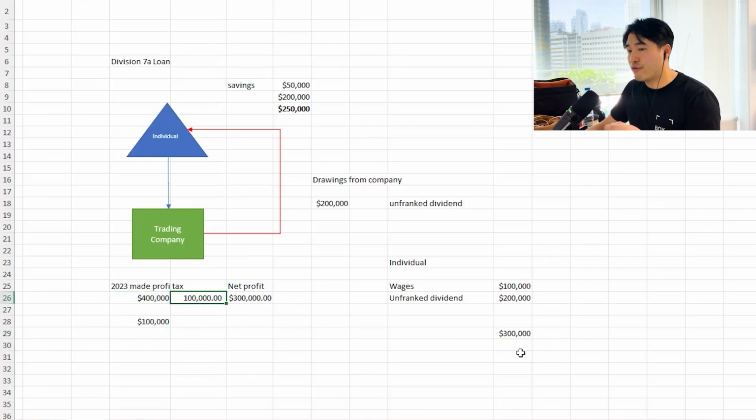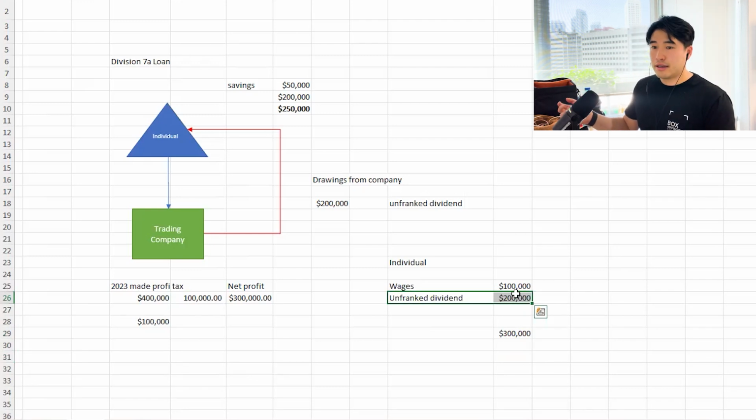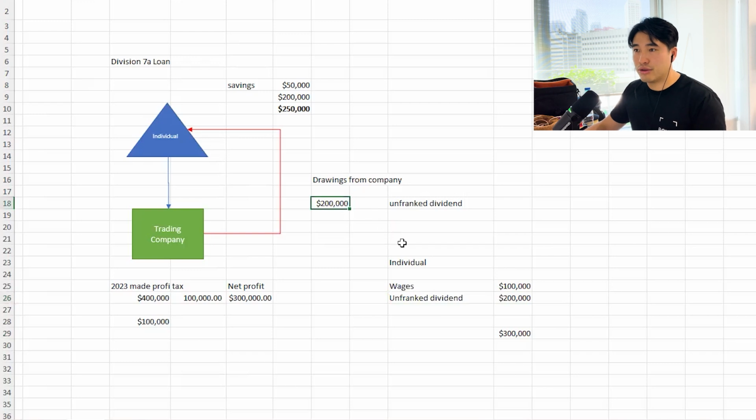Usually you're supposed to get a franked dividend and a credit for it, because the company paid some taxes on it. In this case, because the money was not treated as a dividend properly, tax wasn't paid already, and you've taken $200K out, and there was no commercial loan on it. There was no interest repayments or anything like that. The ATO then taxes this as well.